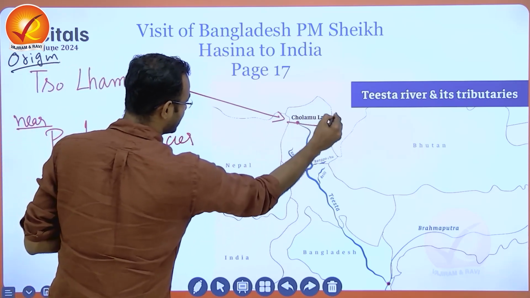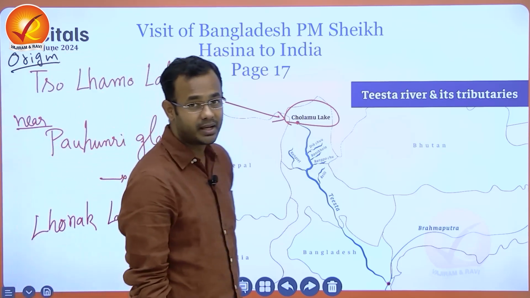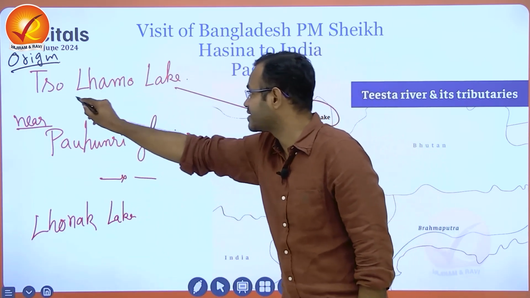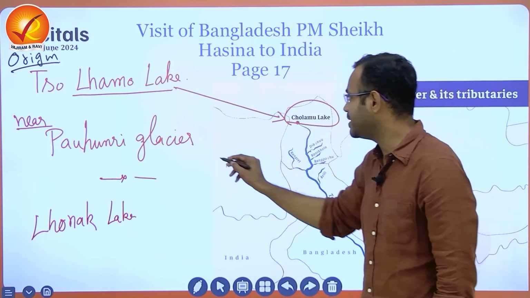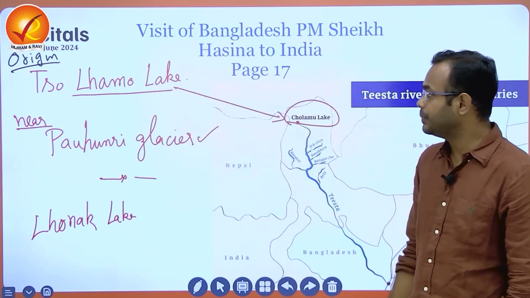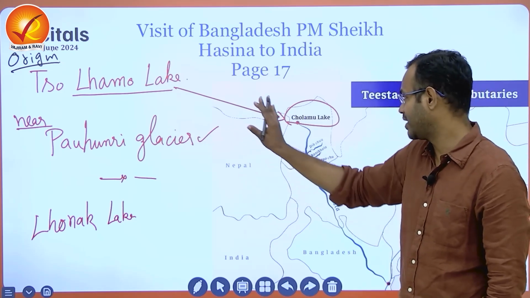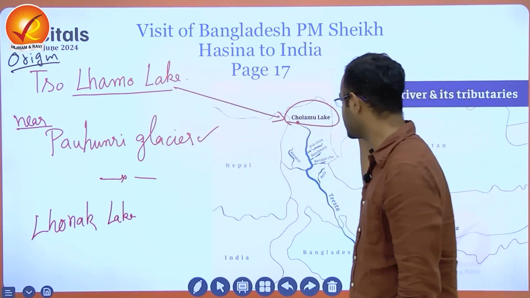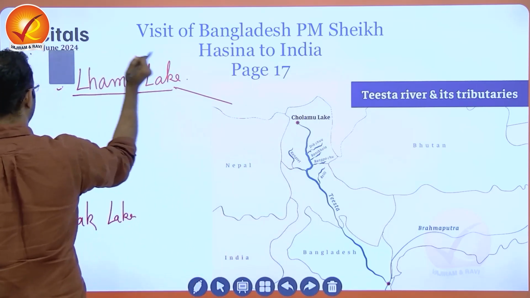The source of the river comes from the northern part of Sikkim. The lake is called Cholamu Lake. There is a different spelling for the lake as well, right? So Lamo Lake. The lake is present near Pahundri Glacier. These are two important points about the lake, the river's source of origin. Apart from that, coming back to the